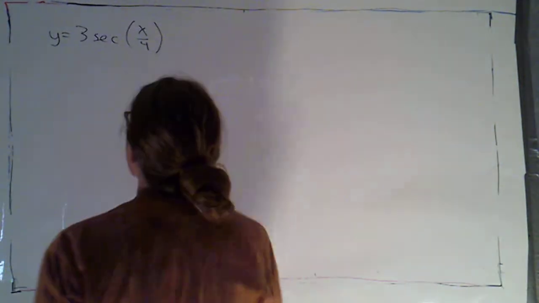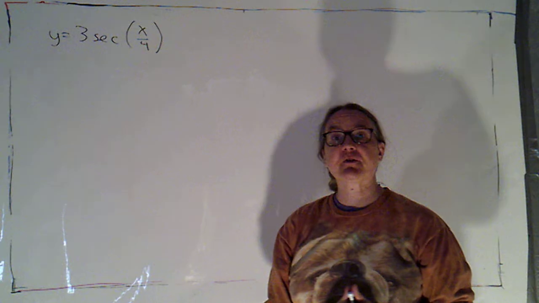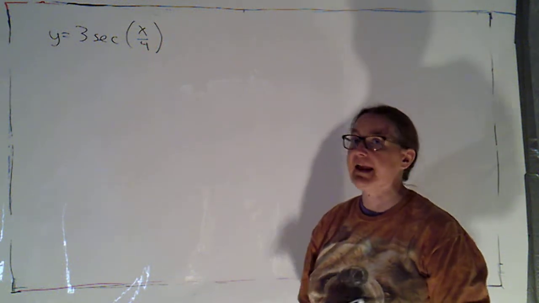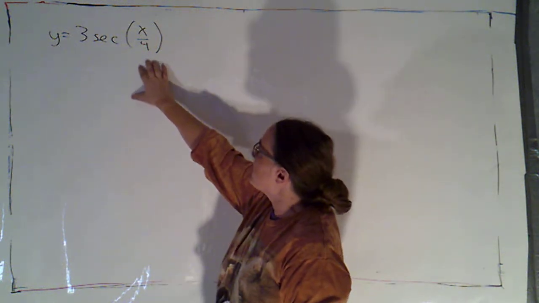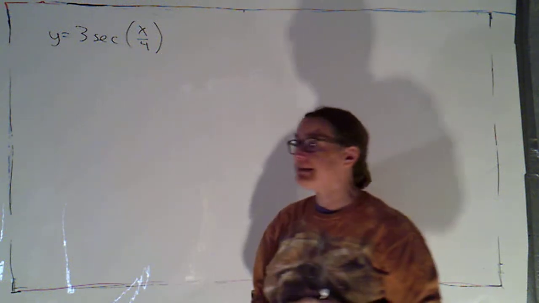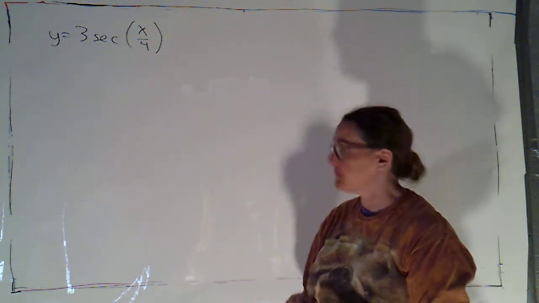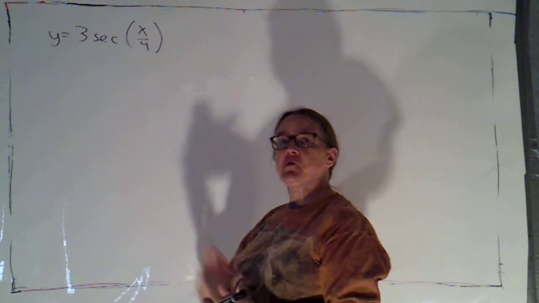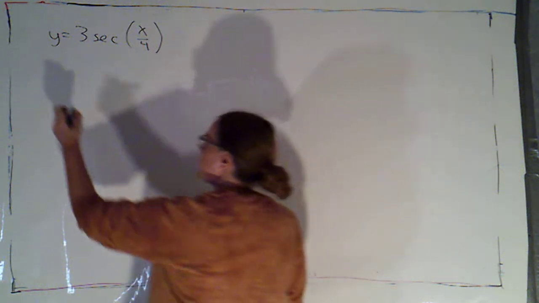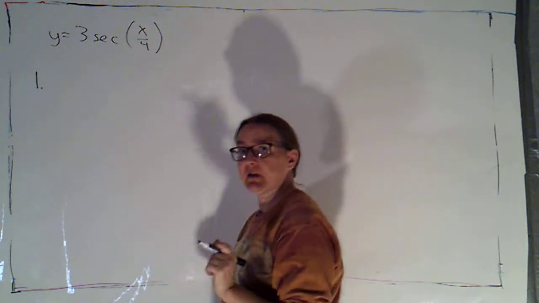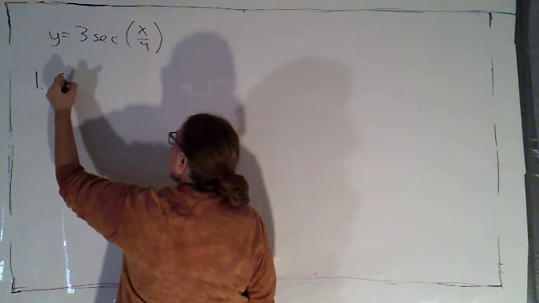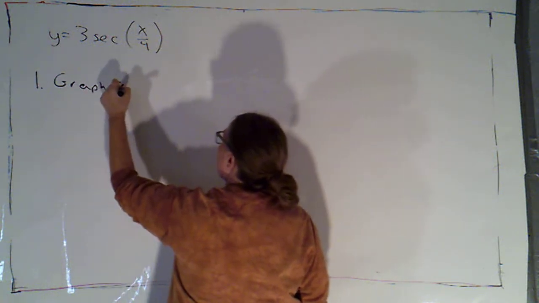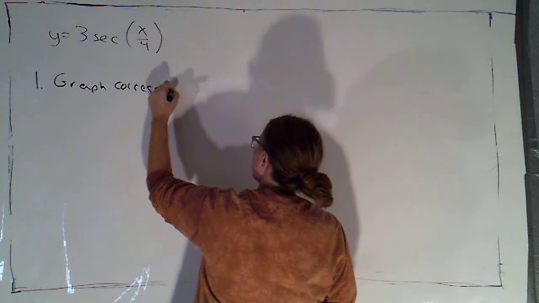Okay, in this video we're going to start taking a look at graphing transformations of secant and cosecant. So I've got this problem up on the board. I want to graph y equals 3 secant of x over 4. Anytime I'm doing a transformation of secant or cosecant, I'm basically going to do it as a two-step process. I'm going to graph the corresponding transformation